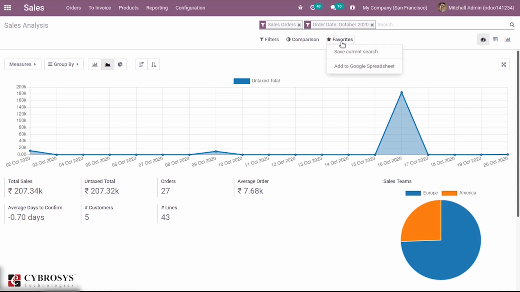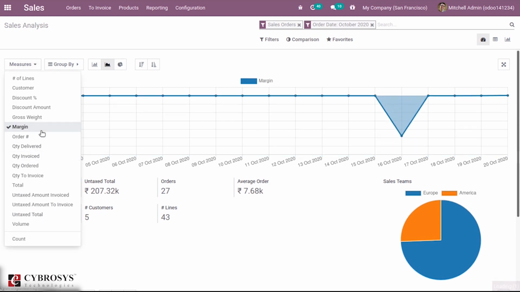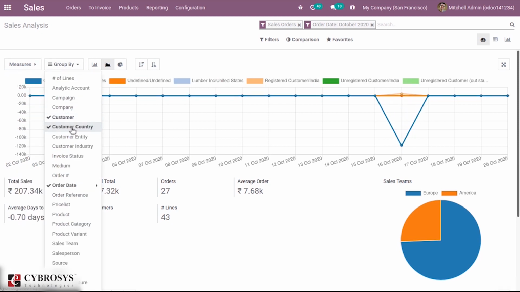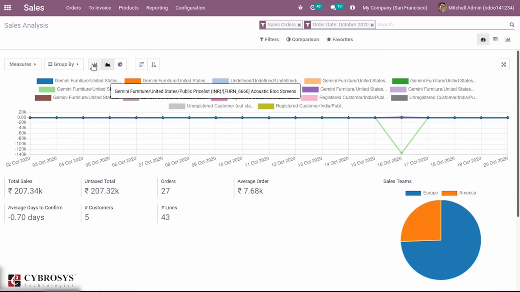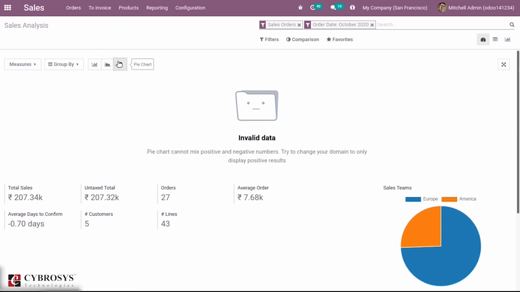Then we can add our sales analysis, like performance analysis, to a Google spreadsheet, and we can also save the current search. Then we have options like add measures, change the measure, then it can be grouped according to customer, country, price list, product and all. Then we have our bar chart view, line chart view, then pie chart view for analysis.